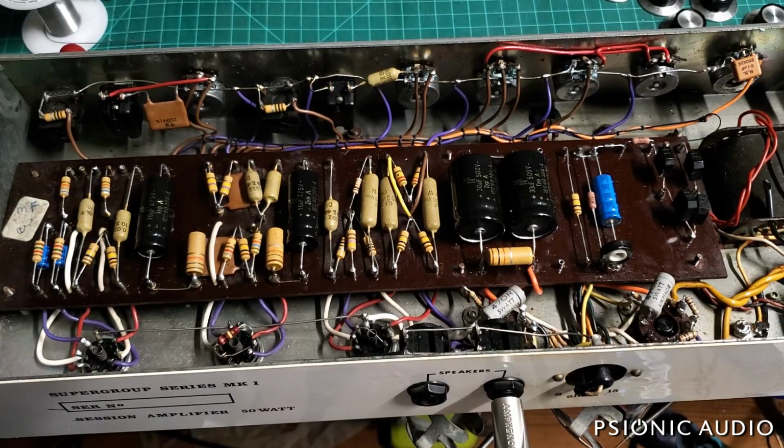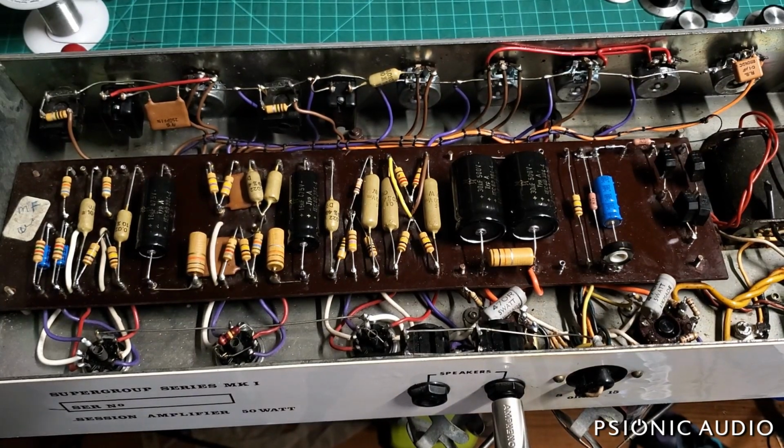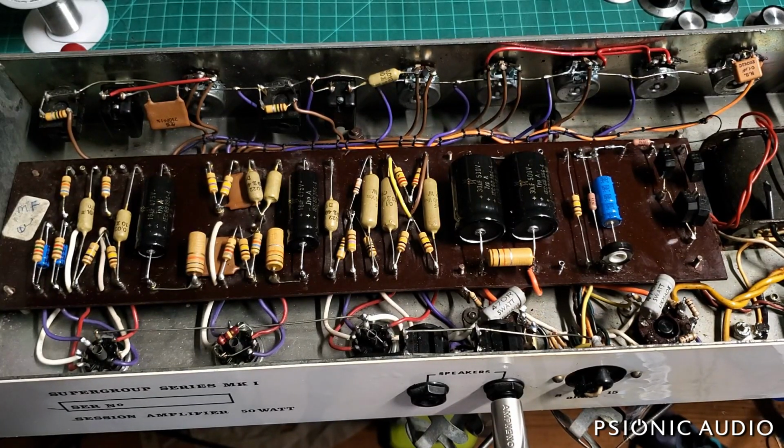All right, right now, honestly, that does not sound great. It's very mushy and compressed, and I need to see what's up with that. You know, there's the amp as it sounded originally, as they designed it, and I've not heard one of these new. I wasn't born when this was made. I know what the circuit promises, and the circuit promises a much better sound than this. We're getting some mush somewhere. We're getting a lack of low end, a lack of clarity, a smearing of transients, and just kind of an overall dull sound. And these are all fixable,